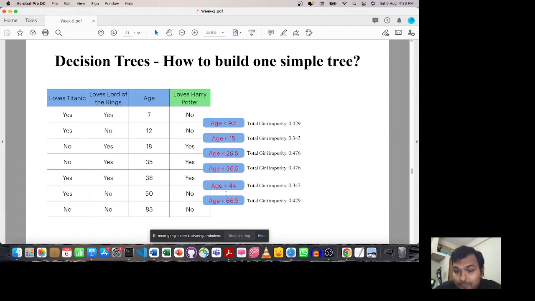Probability 4.76. Can somebody say which one has a lower probability? 0.343. Somebody said 0.343. I also heard somebody say 0.476. Yes, they are more in quantity. Twice it is occurring. No, see, the way you